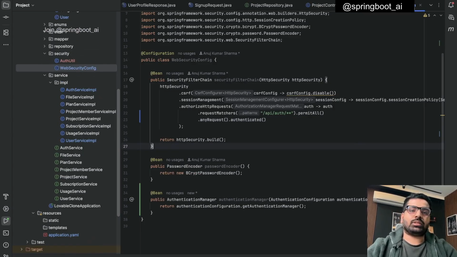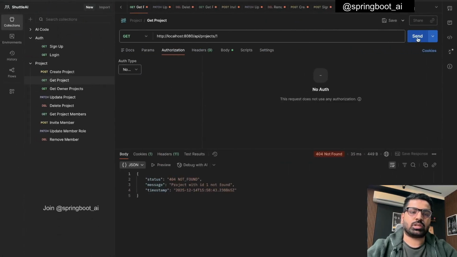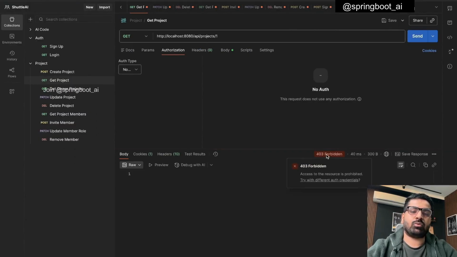So right after this, if I try to hit the same endpoint, I will not be able to do so. I mean, I won't be able to go to this project with ID 1. And this is giving me a 403 forbidden, access to the resources prohibited, right? So you can't go to this particular route. If you want to go to this route, you have to provide the authentication token, but then we'll need to